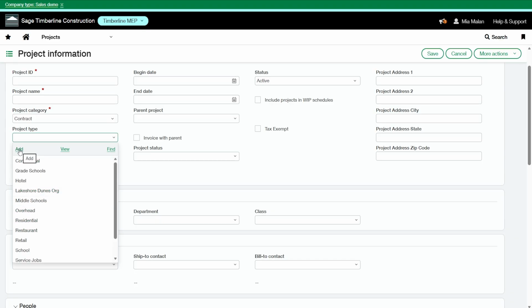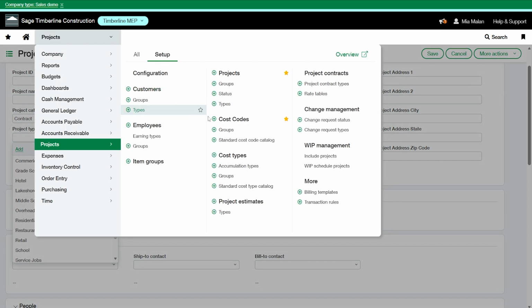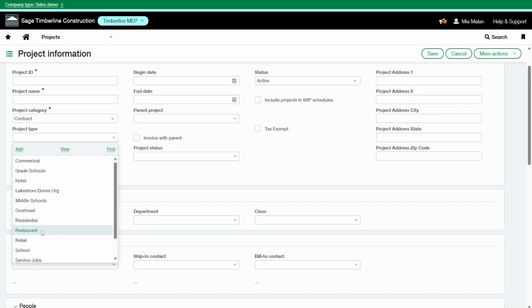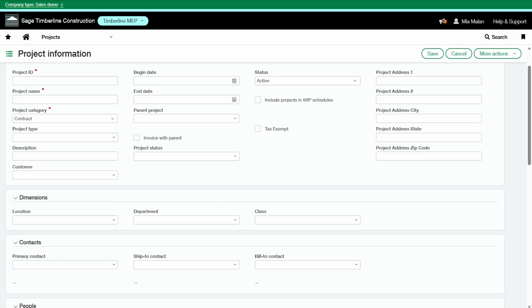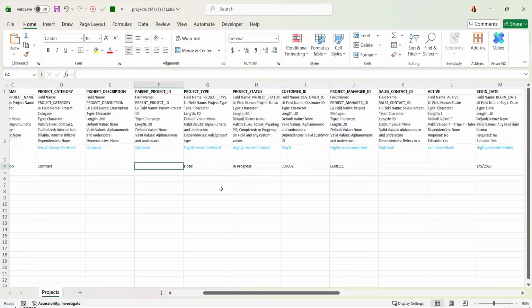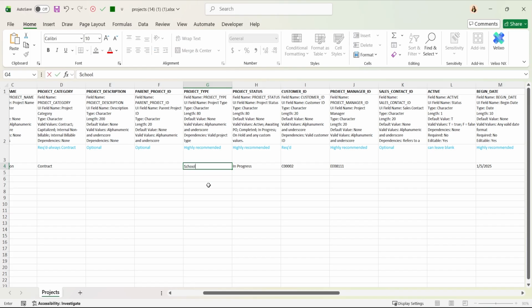You could add it on the fly here, or you can set it up within the project setup here. So I'm going to select school. And if school was in all caps in Intacct, I would need to have it the same way on my import file. Column H is the project status.